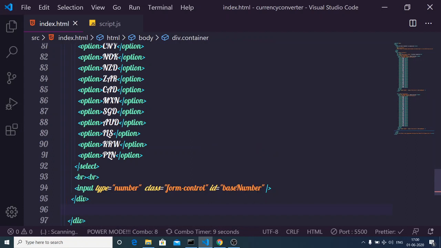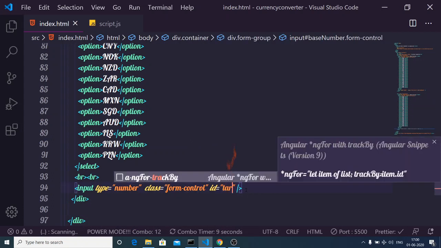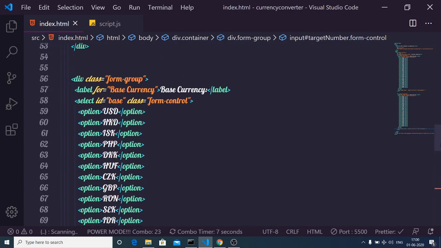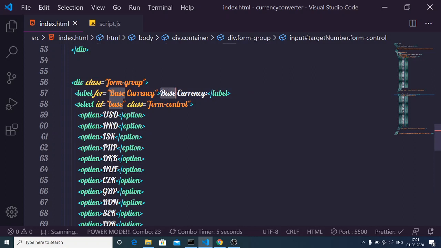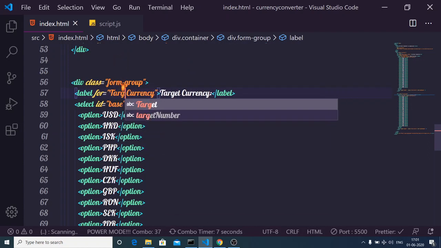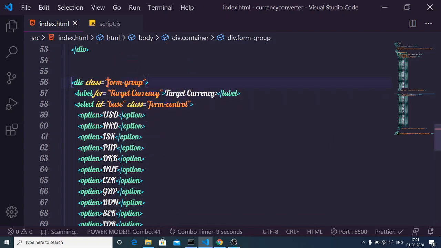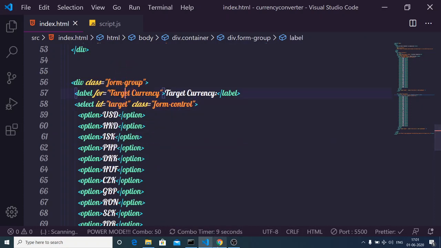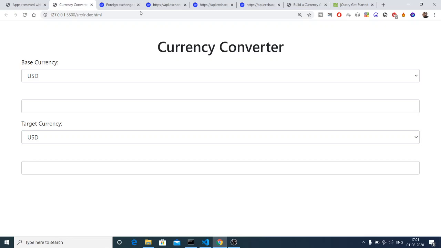So this will be changed to target number, this ID target number, and just above we will change this base currency to target currency, and this label will also change to target currency, and here this ID will change from base to target. That's it. So this is a change that we need to make. Now the UI of the application is ready.